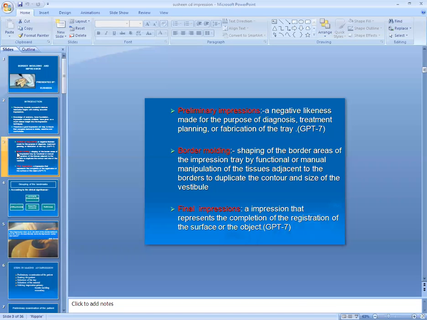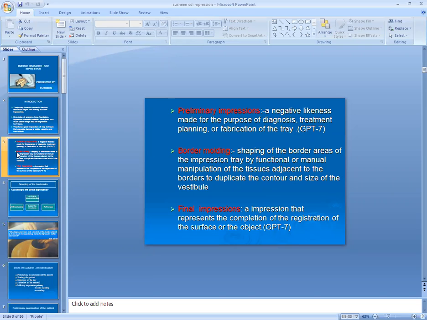By hand we do various manipulation maneuvers adjacent to the borders to duplicate the contour and size of the vestibule. So we are duplicating the contour and size of the vestibule in the final impression tray, meaning thickness, height, and width. It is a peripheral tracing within the physiological limit.